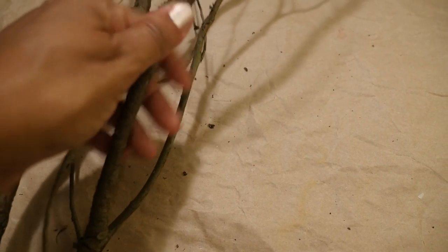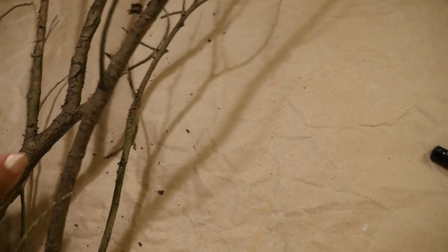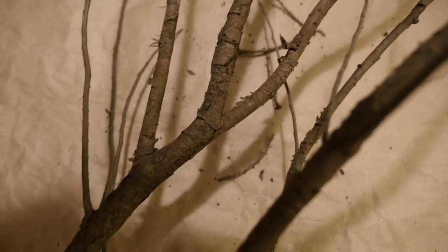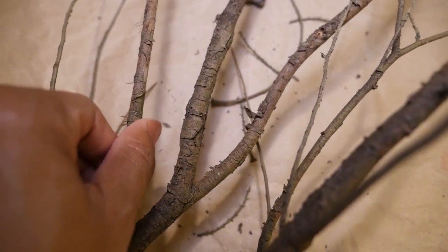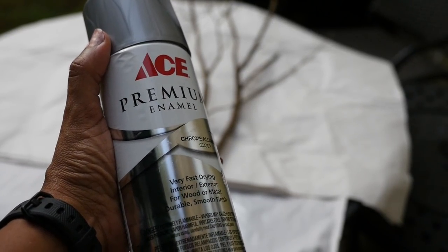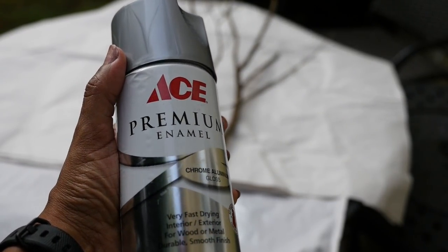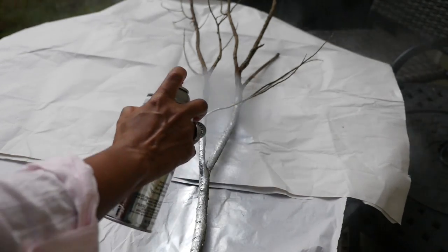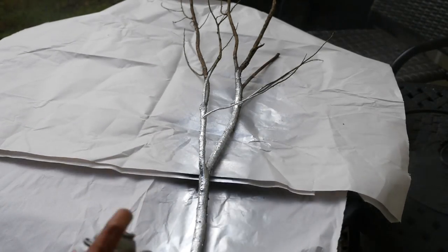First, I'm going to run my fingers over the branches just to get all the loose pieces off and try to make it a little bit more smooth. And then I'm going to take this back outside to spray paint it silver, and I'm using just a metallic silver spray paint. This is Ace Chrome Aluminum Gloss paint, and it just cost a couple of dollars for the